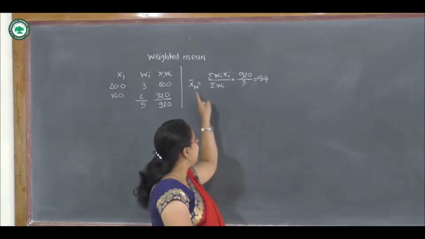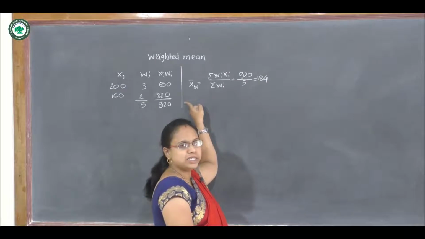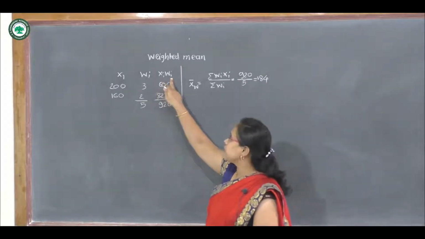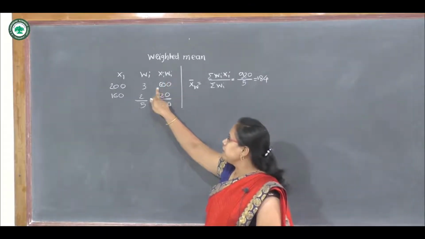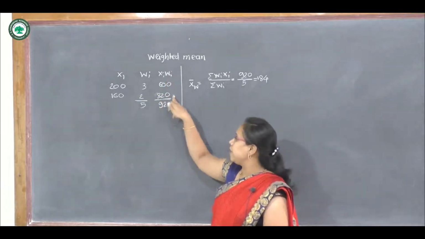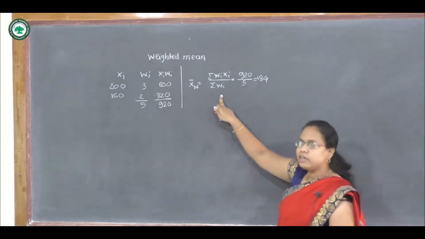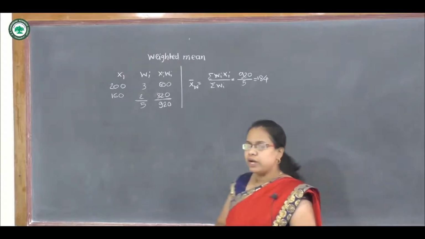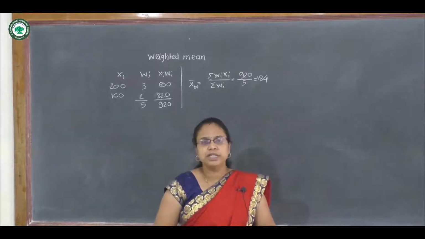So here I have calculated weighted arithmetic mean from this data, which is 184. Here first we have calculated the product of xi into wi. We can see that, and the addition is 920, and finally we can calculate the weighted AM by using this formula. So I will simply write the weighted GM and weighted HM, its formulas.